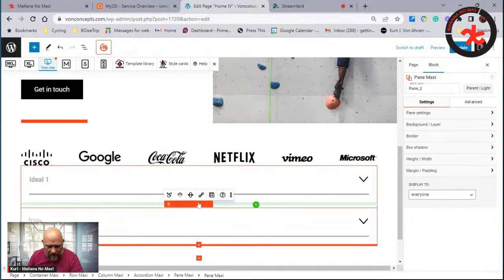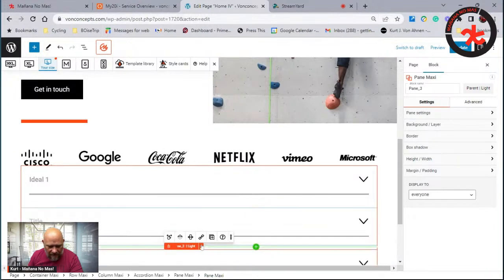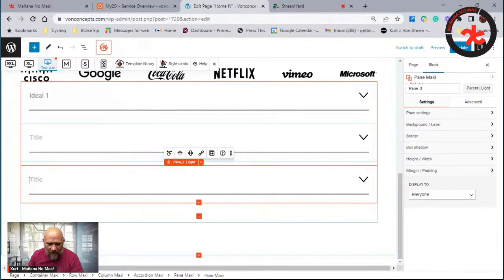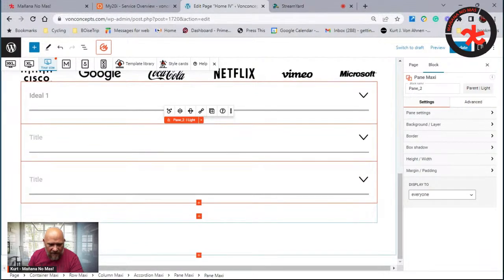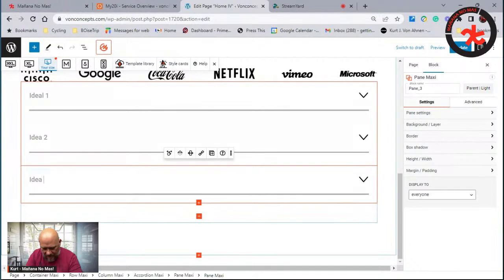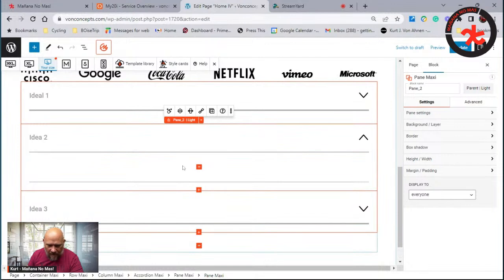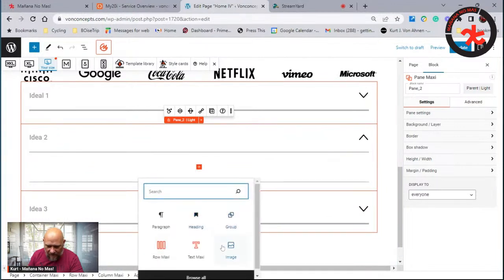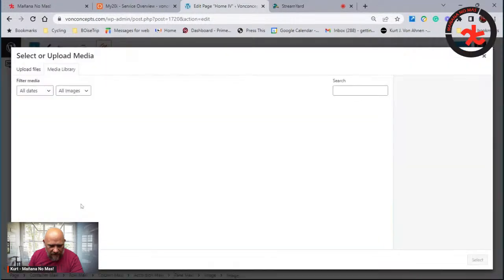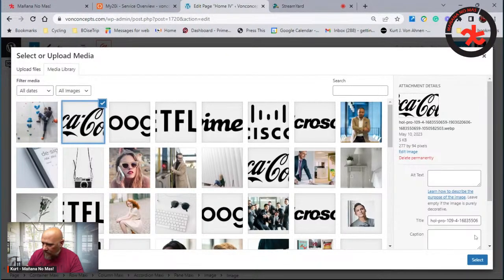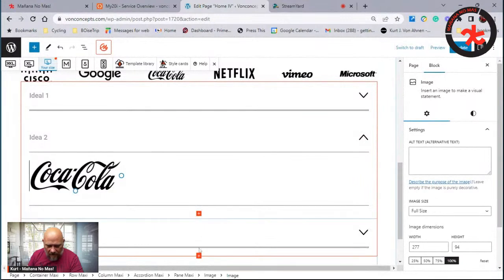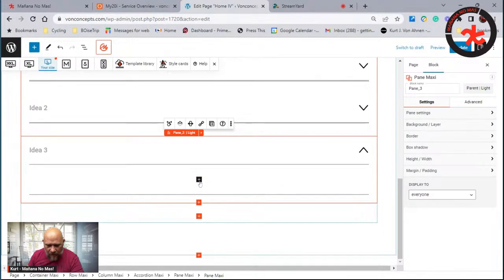And now I close that and I'm going to do another one. Okay. And you see how easy that is just to break those out. Now over here, I'll say idea 2. Over here, I'll say idea 3. And we'll do this one, and we'll add an image for this one. Okay, and for this one, I'll drop that one down and we'll add,